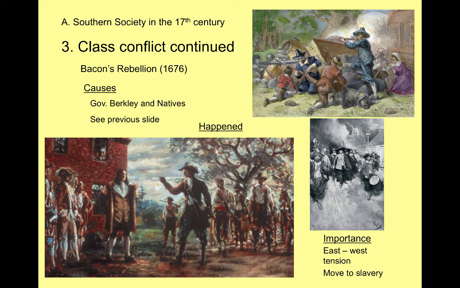So there is internal conflict in the colonies. We can also see this somewhat as a revolution to some extent against colonial authority, against British authority, because the British government, even though they don't pay much attention to Virginia, they are okay with the governor. Obviously, he has been approved by the British Crown, and so by rebelling against the British governor, you're kind of rebelling against the British government. But much more, we should view it as an internal rebellion between the upcountry poor farmers and the East Coast elite. But there's also another important result of this, which is that we're going to see that East Coast planters realize their mistake.